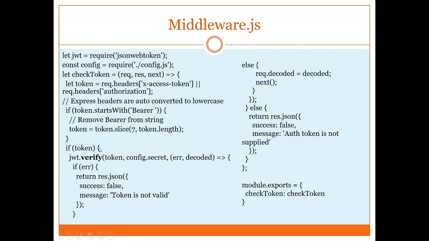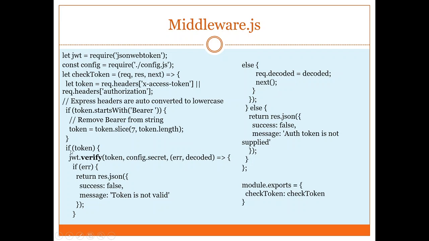We are calling a default function of verify, which will verify whether this token is right or wrong. We are providing the token and config.secret, this config in which we have provided our password. It will decrypt it using our password, and either we will get an error message, such as the token is invalid, or the token has been decoded. If the token is okay, it will call next.